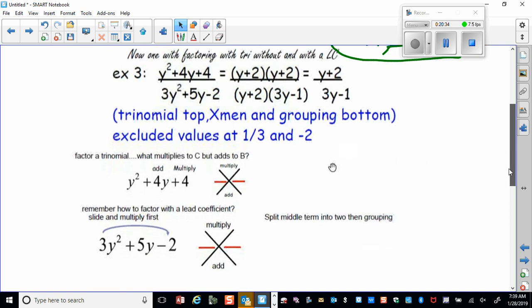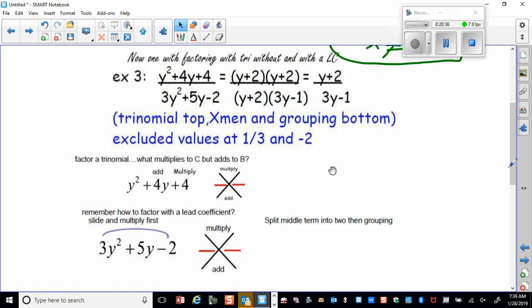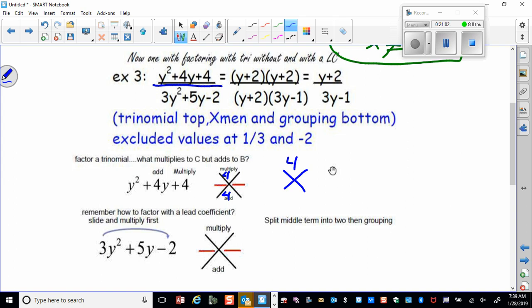And now looking at this next example, it's just a little trickier, all right, because you have a leading coefficient there. All right, so just to practice the factoring, the y squared in the numerator, you can factor out that. And then remember, they're going to multiply to be 4 and add up to be positive 4, right, 4 and 4, so that would be 2 times 2, right? And that's how you get the y plus 2 times y plus 2,